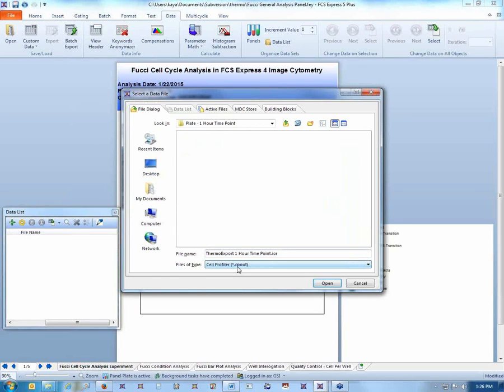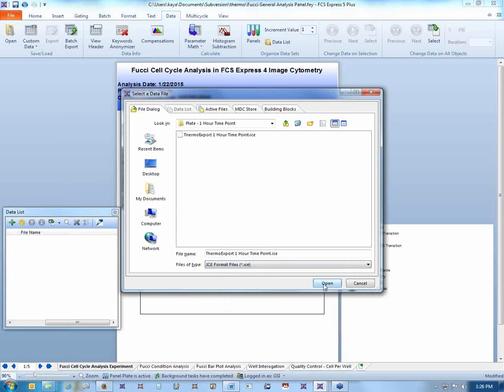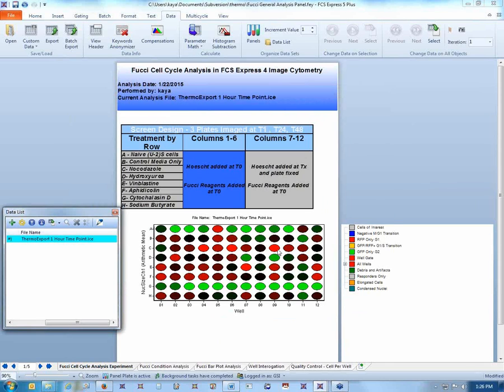And the data I'm about to load in comes from an instrument from Thermo called the Array Scan. And you'll see once I load it in, you have this heat map being populated. So FCS Express 5 has the ability to load your data in Heatmaps, which is a really, really convenient way for looking at things like drug screens or transfection screens, any type of experiment that you're typically doing in a multi-well plate, because it's a large amount of data and you just need to screen through it quickly. Okay, so this particular experiment is a drug screen where every row of the plate is a different drug